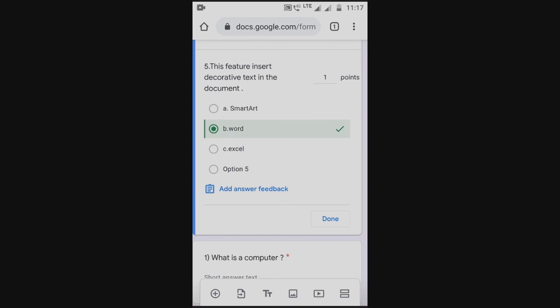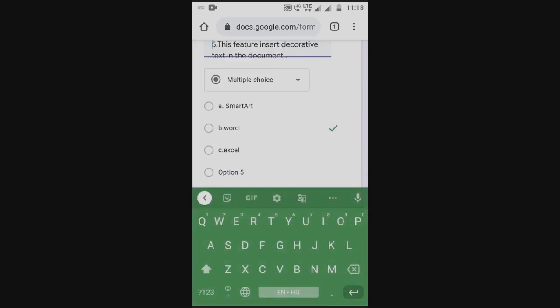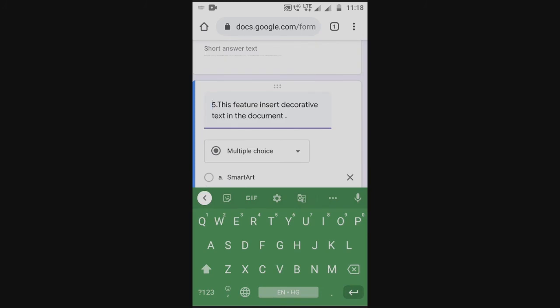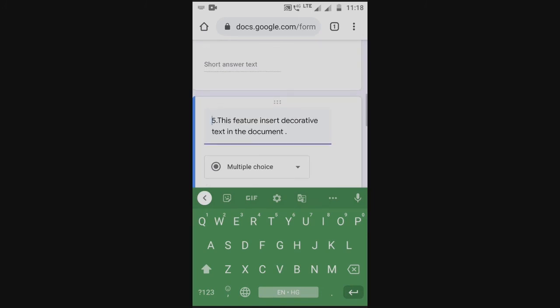And after giving points and selection of the answer, tap on the done button. So in this way, you can create the quiz in the Google form.